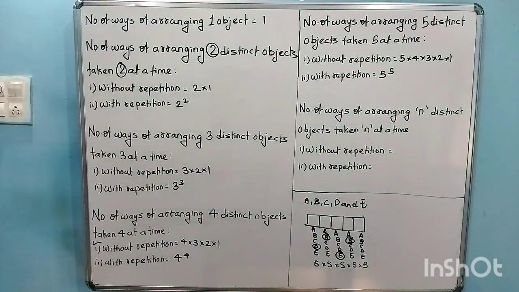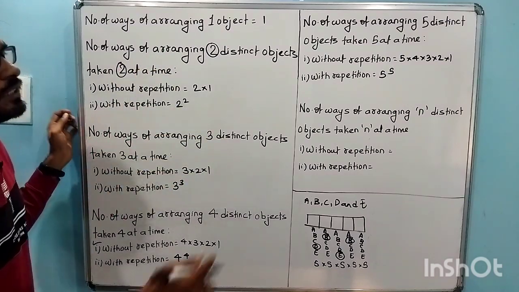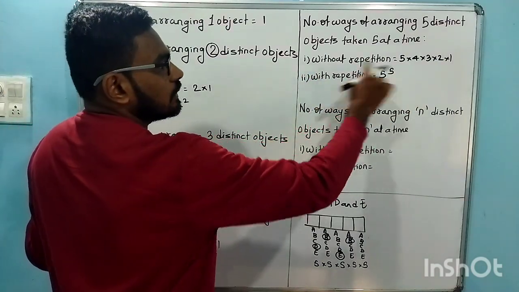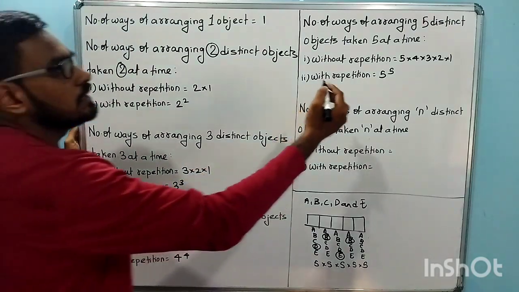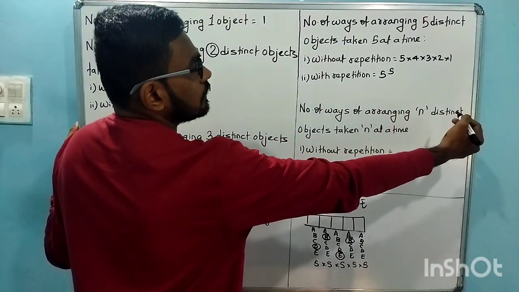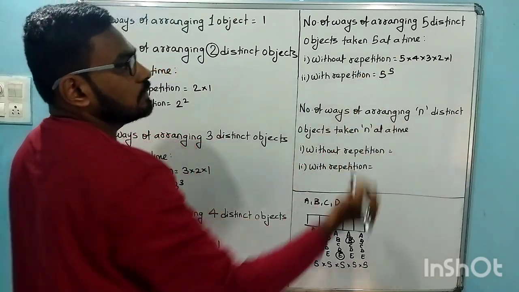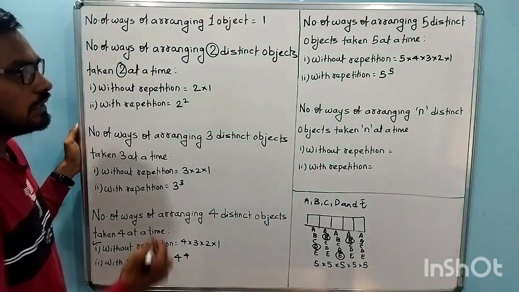So in general, if it was 6, it might have been 6 5 4 3 2 1 without repetition and 6 raised to 6 with repetition. If it was 7, then 7 6 5 4 3 2 1 without repetition and 7 raised to 7 with repetition. So in general,